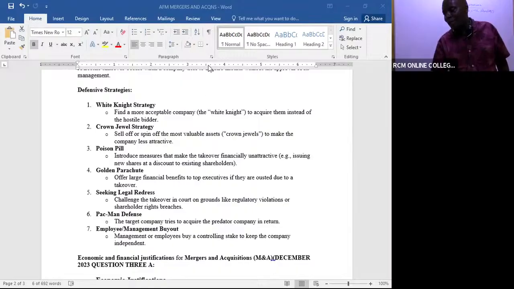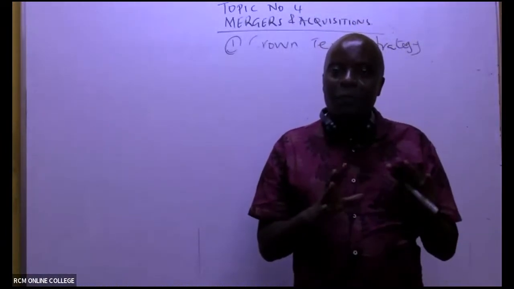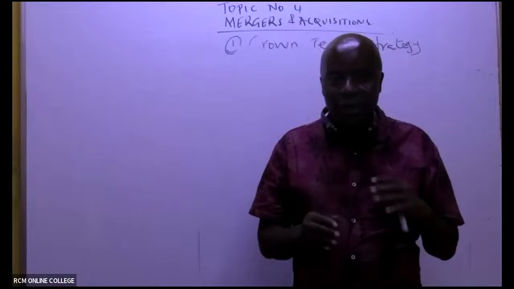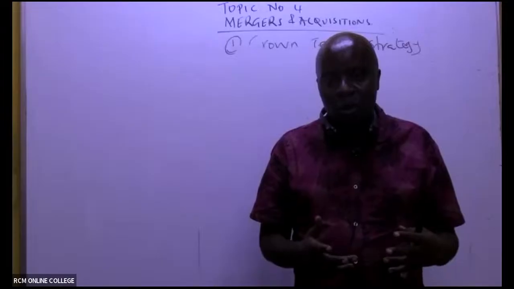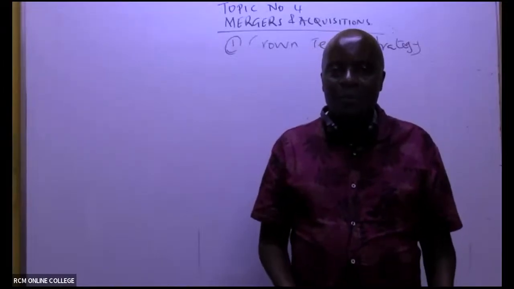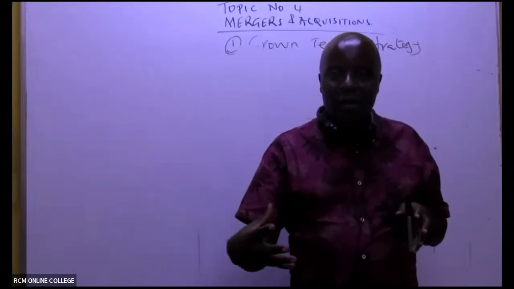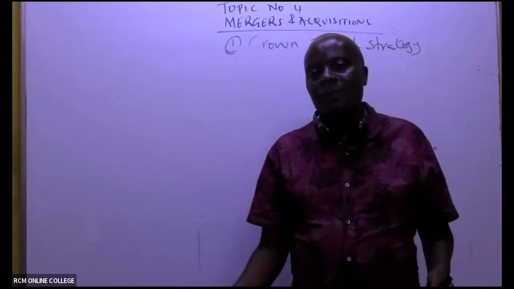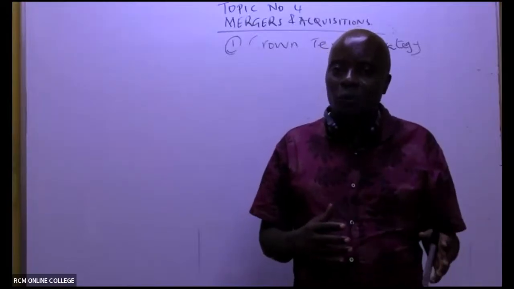This is very good because there is a movie about this Pac-Man's defense, where somebody very tiny is being followed by a giant. This tiny person realizes that he can't catch up with the speed this giant is making, and the giant will catch up with him. Once he's pushed to the very corner, when push comes to shove, what does the tiny man do? He picks up stones. He fights back. This concept of fighting back is what we call counter offers.